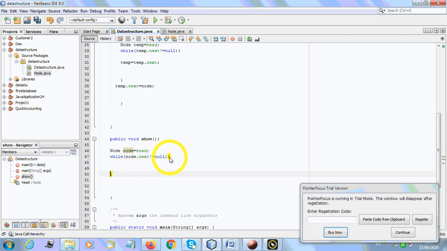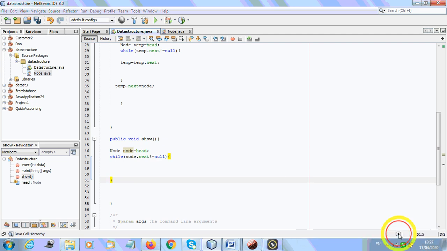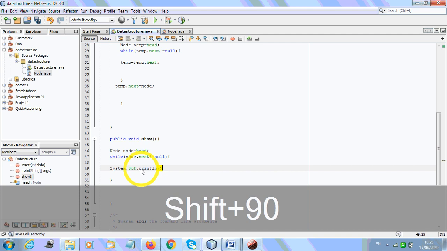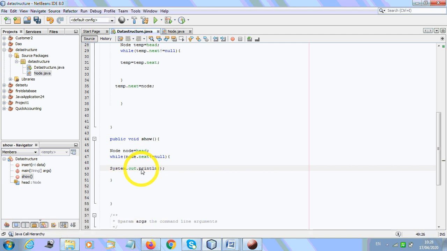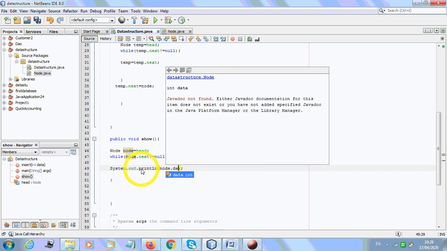See what is happening. Good. So now see, this is not equal to null till we traverse, and what we'll have to do? We'll have to write this. We want to print the data of that one.